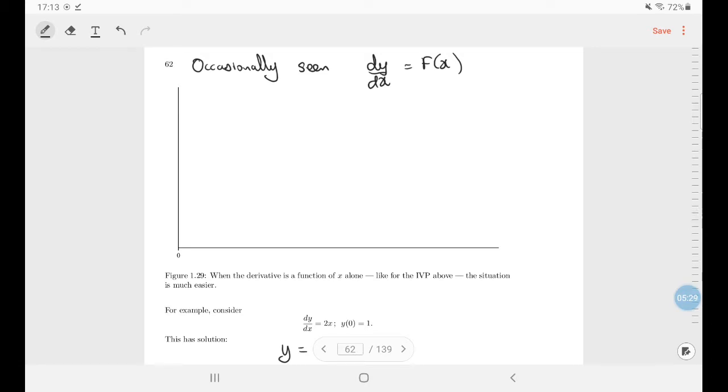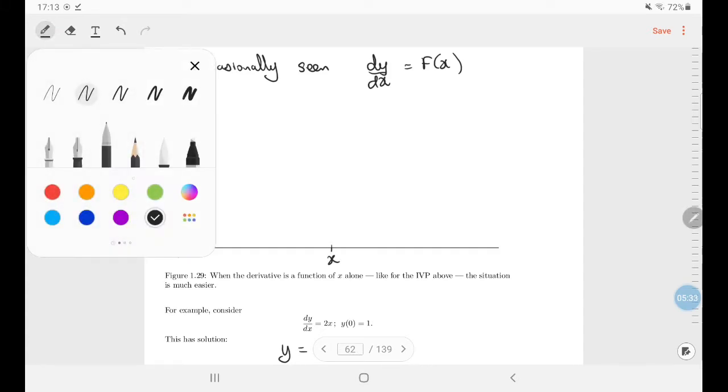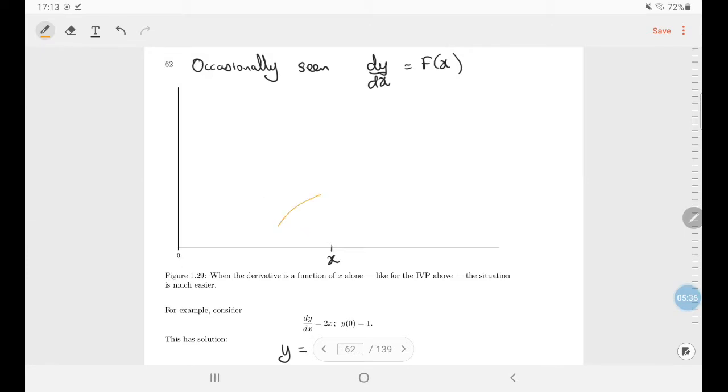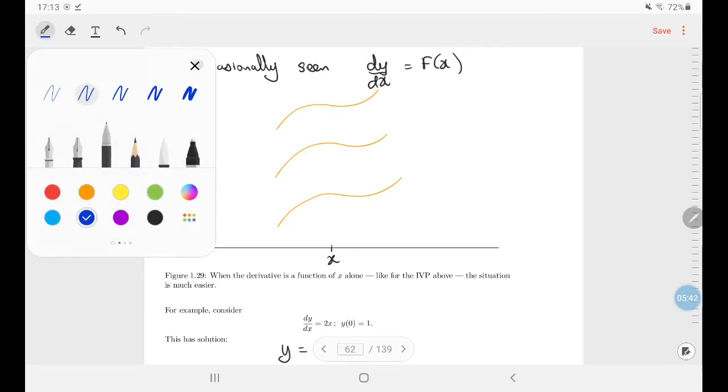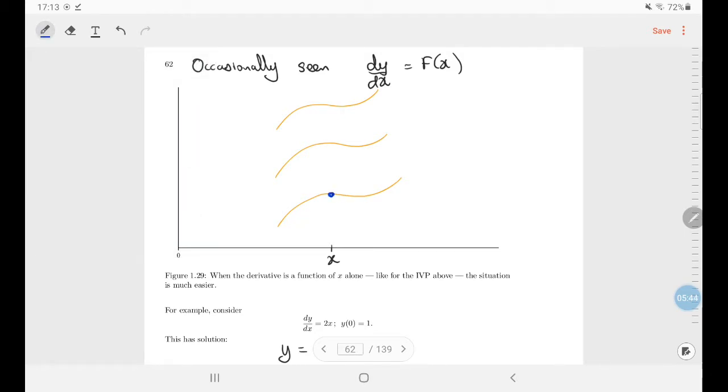No matter where the curve is, doesn't matter if it's there, there, there, if I've drawn this properly, the slope only depends on x. And so at all of these places, the slope should be exactly the same. In this case, maybe slightly negative, if I drew it properly. So slope is independent